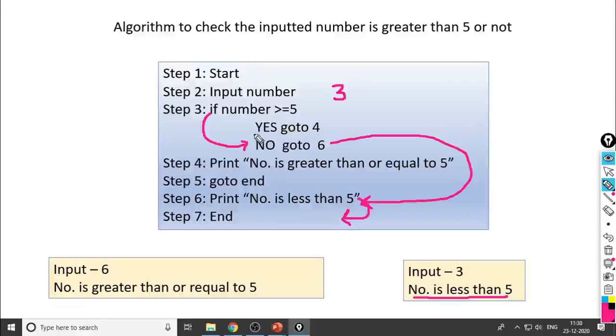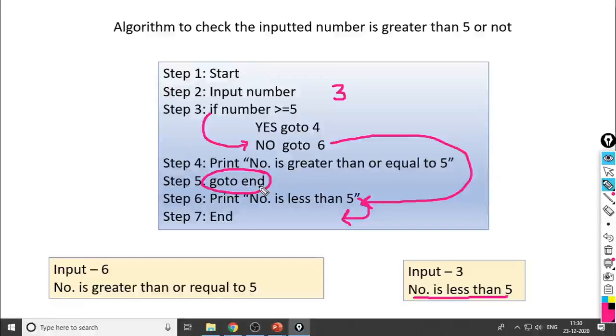So these are the two examples. In the first example we have seen what would happen if input is 6, and in the second example, what would happen if input is 3. So this is the use of go to end. It is compulsory.